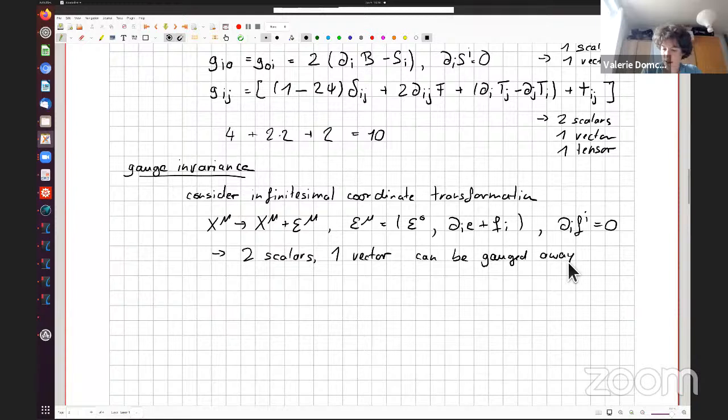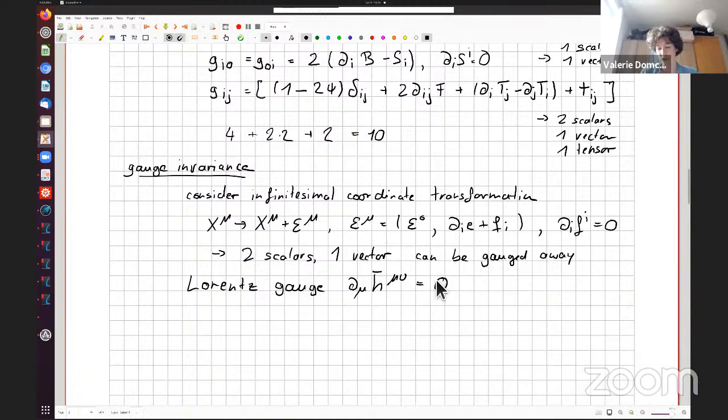And hence, we can impose a gauge condition, which will make our life a lot easier. We can essentially force these degrees of freedom to disappear, and we can impose precisely Lorenz gauge. And as an anecdote, note that the spelling here is actually named after the wrong Lorentz. It was the other Lorenz that first did the Lorenz gauge, but this is the way it is now established in the literature.